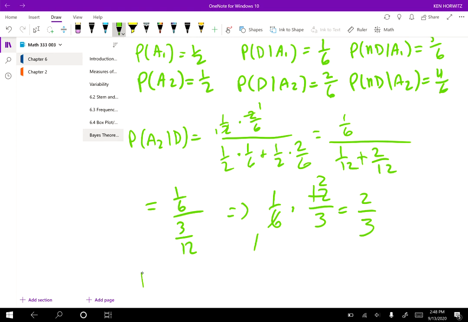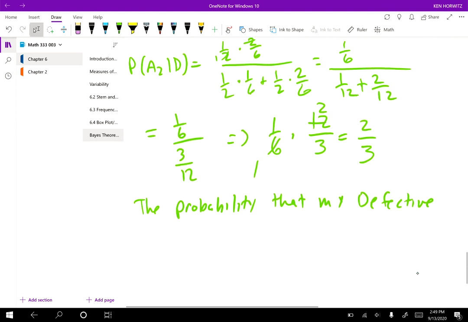So the probability that my defective phone came out of box 2